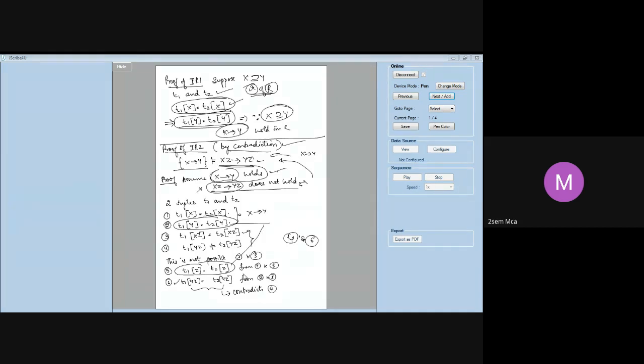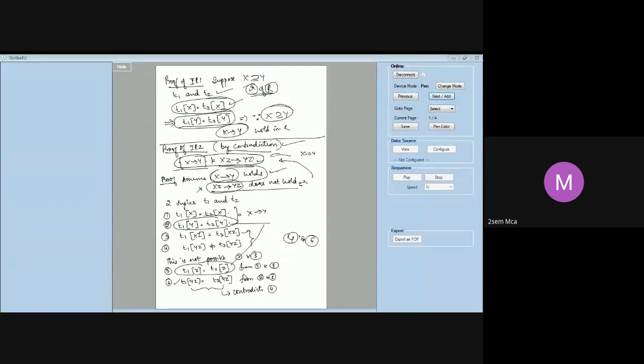What is the rule given to us? The rule is, if X implies Y, then I should infer XZ implies YZ. That is our augmentation rule that you have to prove. I am going to prove it by contradiction. Contradiction means I assume that the result does not hold, and then I come back to the conclusion that our assumption is wrong and hence we can infer the result. That is what we are going to do.